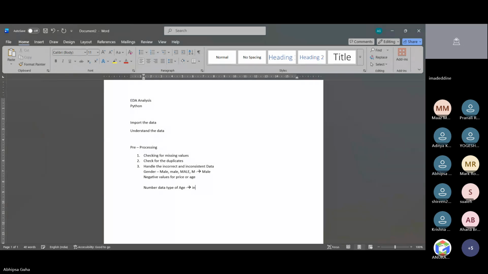So this is how we understand the data types and convert them. If there is a date data type, we convert it to date and time. If there is text, we convert it to string data type. This comes under converting data types.